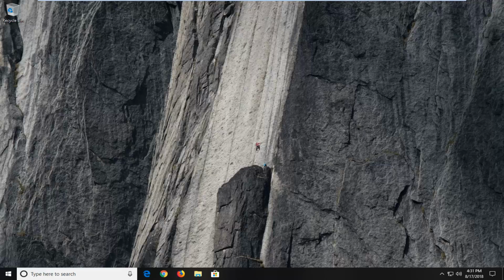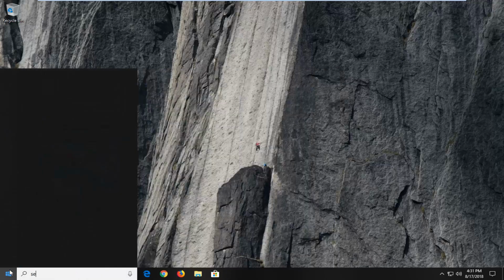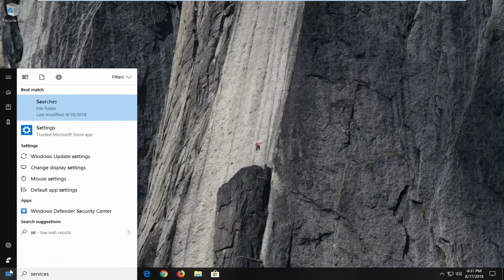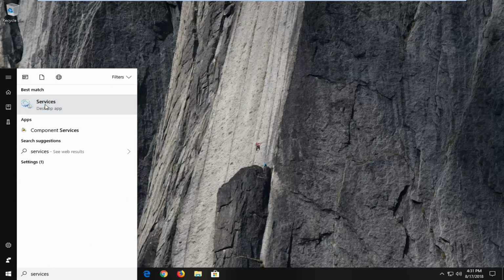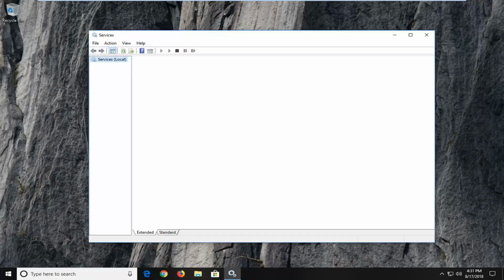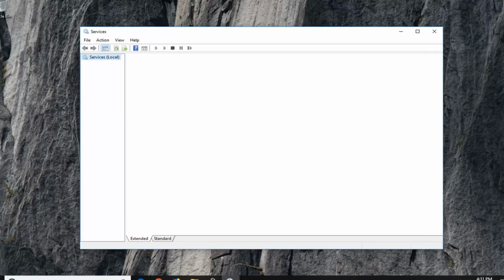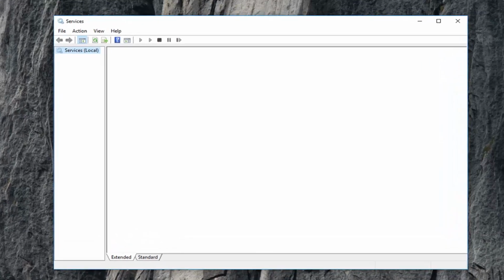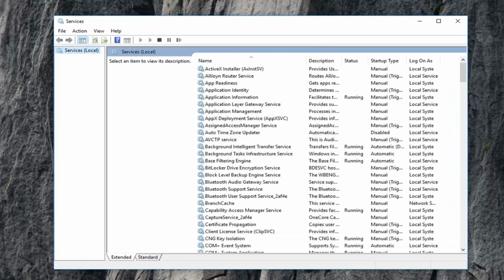So we're going to start by opening up the Start menu just by left clicking on the Start button one time, and you want to type in Services. One of the best matches should come back with Services. I'm going to just left click on that one time here. So now you want to go ahead and locate the Background Intelligent Transfer Service as the first one, and you